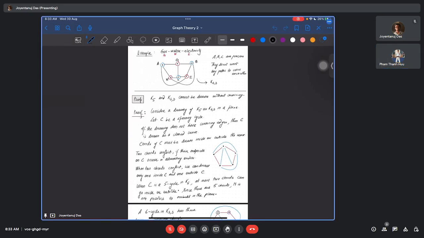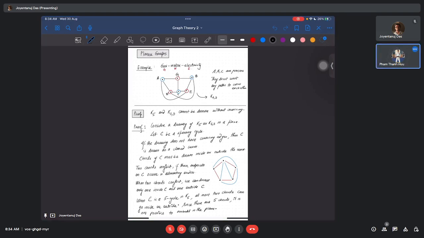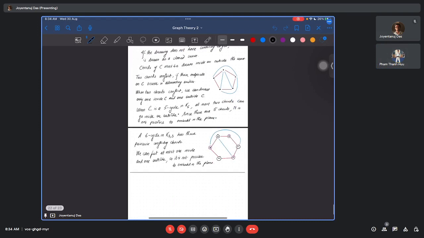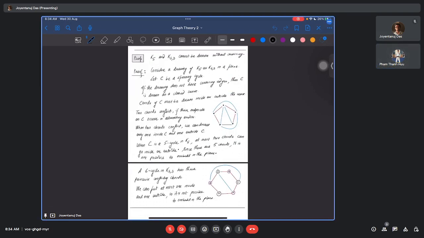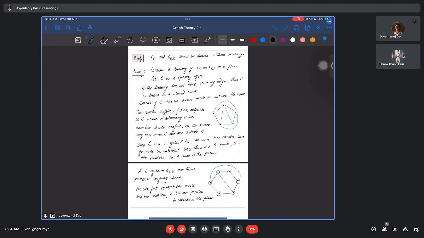Okay, so we are studying planar graphs. You saw this proposition that K5 and K3,3 are not planar graphs, right? So this is fine. Okay, so the next definition is